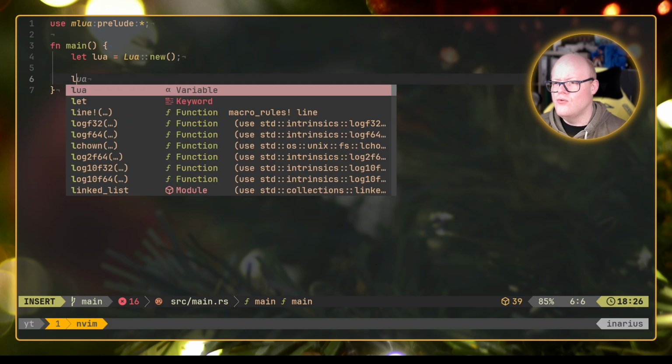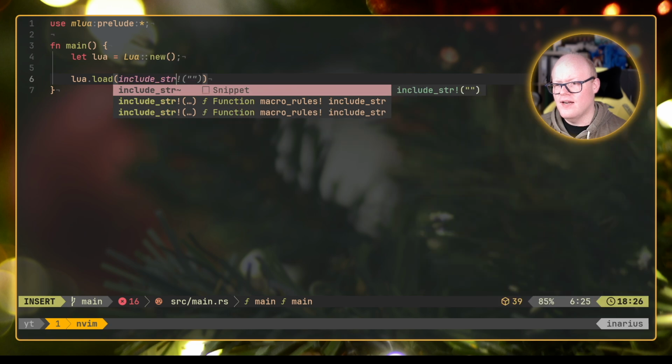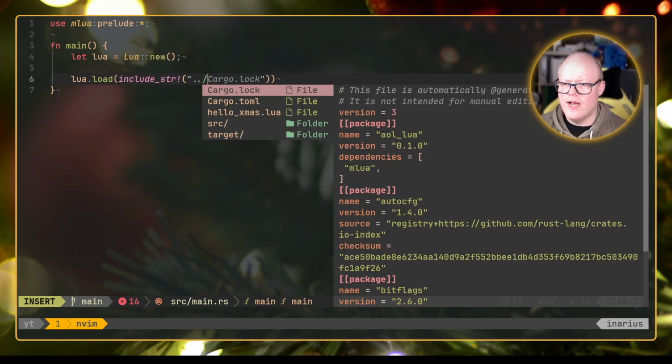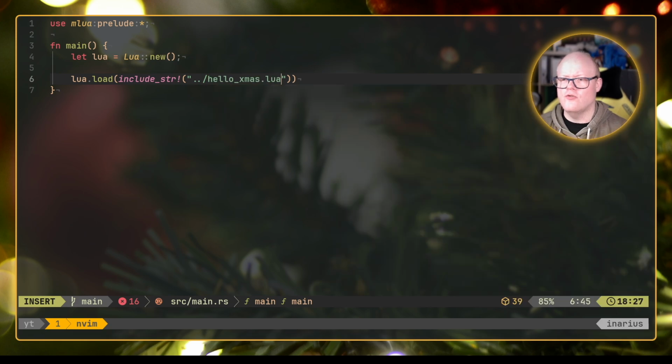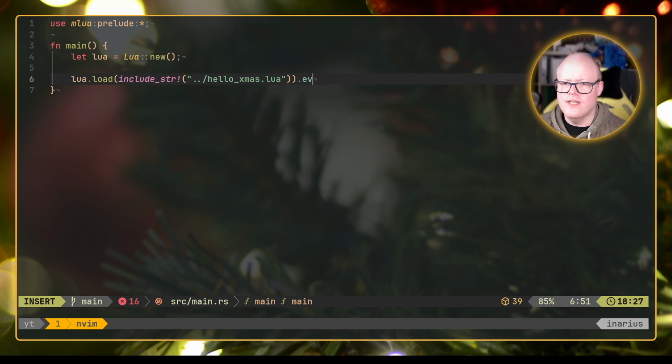And now we need to load our Lua file here, and I guess the quickest way to get that in there would be something like include_str, which is a macro that will simply load the file at compile time and inject it at this position. Usually, of course, you would load the file dynamically or something like that. So it would be one directory down out of our source directory, called hello Xmas Lua. That's our file there. And now after we have loaded it, we can tell Lua we want it evaluated,